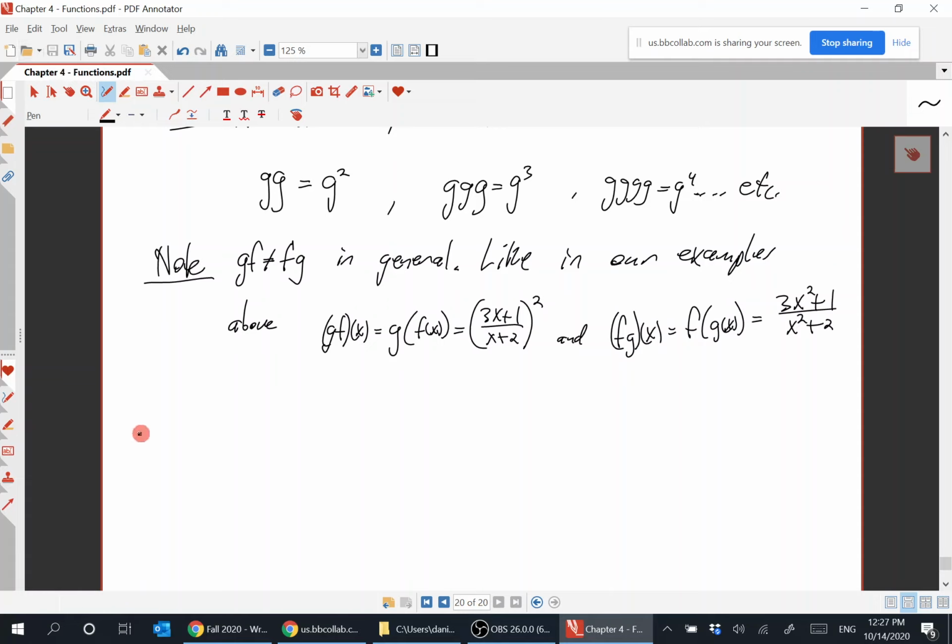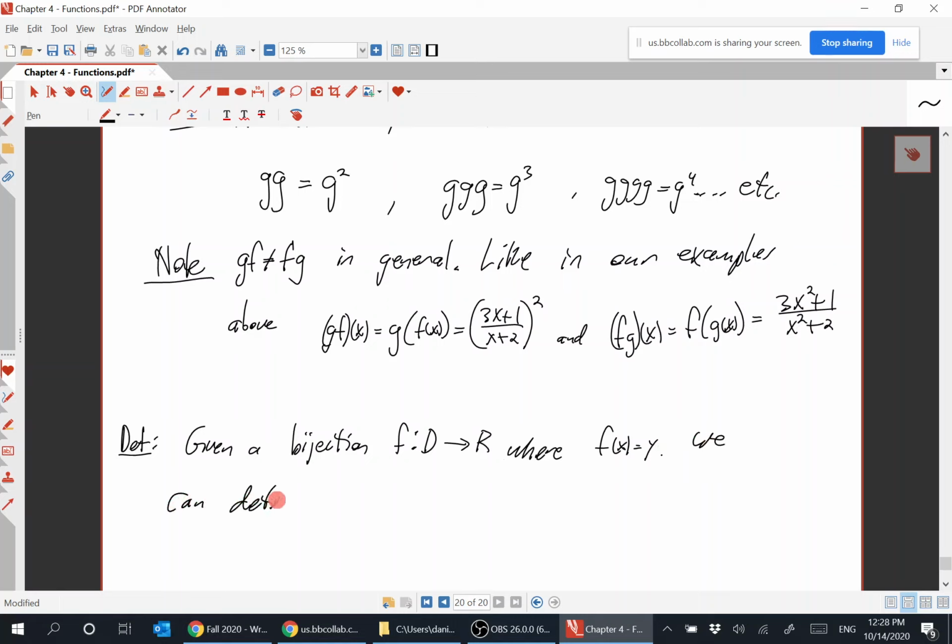Inverse functions. Well, given a function f from D to R, given a bijection f from D to R, where f(x) is equal to y, we can define a function f inverse from R to D by f inverse of y equals x. That is,